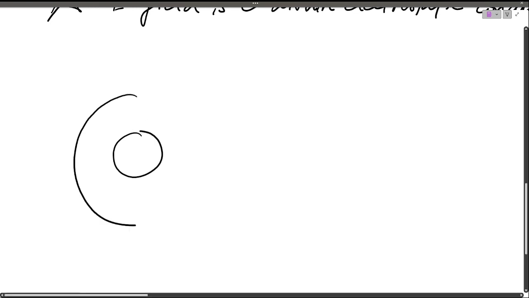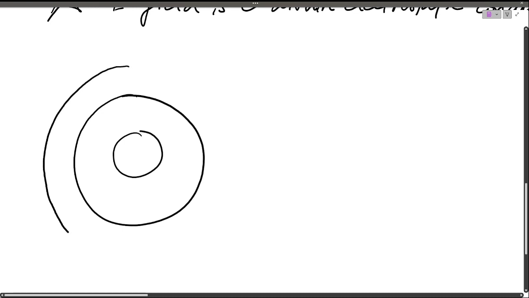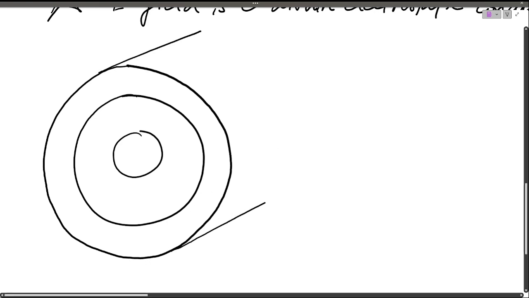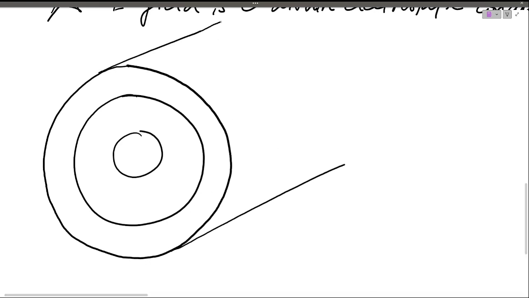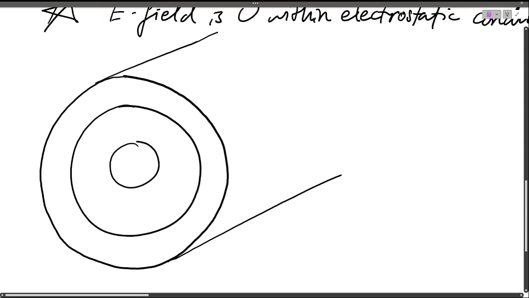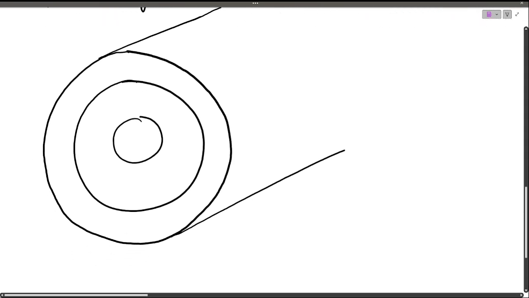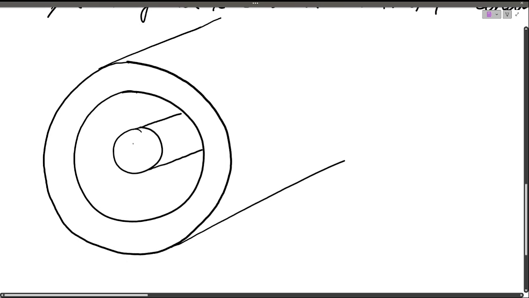You can also do this with two nested spherical shells, but I'm just going to do the cylindrical case for some variety. So you have this cylinder stretching off. For the purposes of this example, we have to assume that the cylinder is very long, that it's infinitely long. But at any rate, so we have this inner conducting